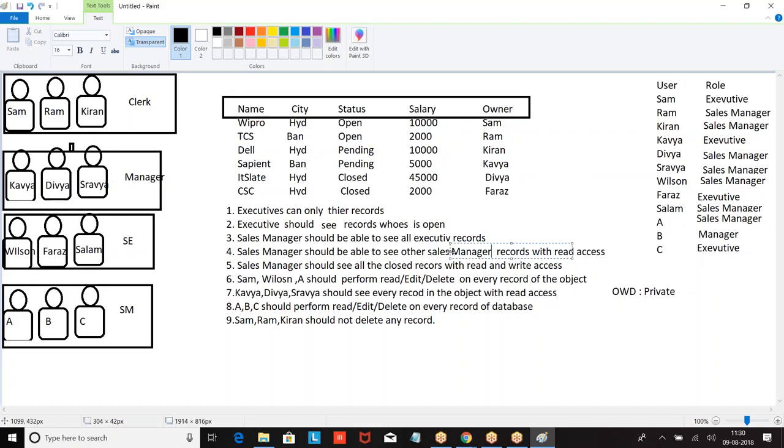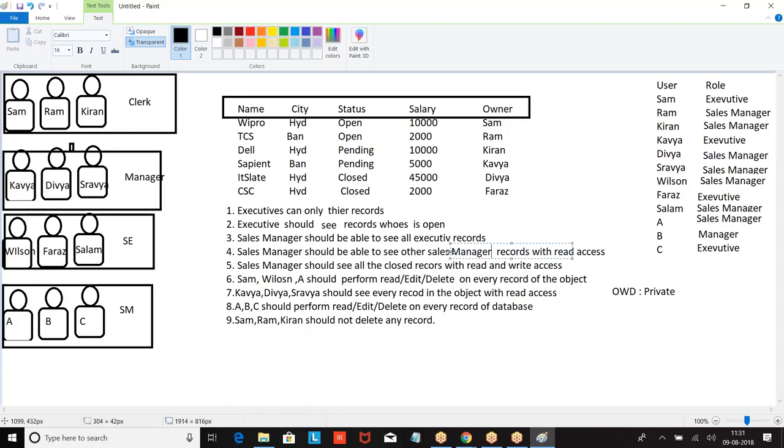Sham, Wilson, A belong to three different profiles. So what should I do? Go to permission set, create a permission set with modify all, then give that permission set to Sham, Wilson, A. They will get delete permission, read, edit on every record.